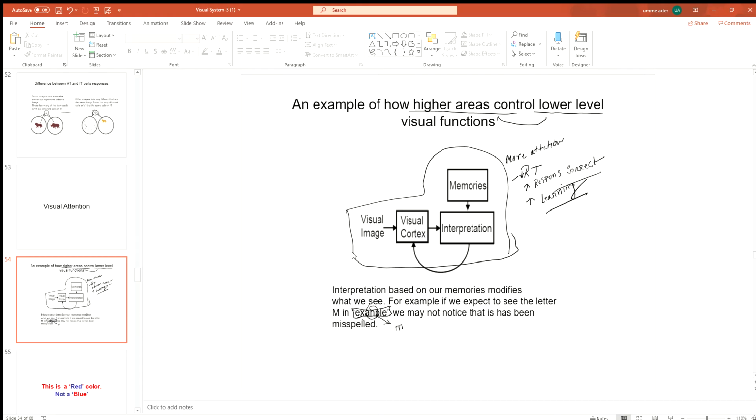So where does the attention come from? Attention comes from the higher areas. And memory also plays an important role here. If this is the first time you have seen this word, this is a totally new word for you, then of course it will be difficult for you to correct it, right? So